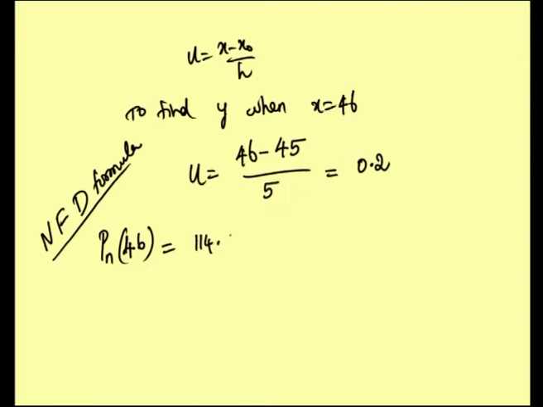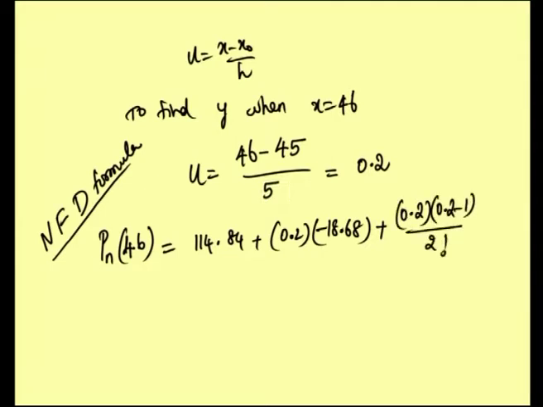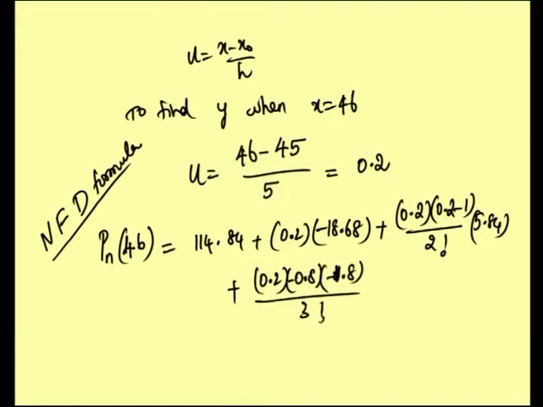Y naught is 114.84 plus 0.2 into minus 18.68 plus 0.2 into 0.2 minus 1 divided by 2 factorial into 5.84 plus 0.2 into 0.2 minus 1 is minus 0.8, minus 1.8 divided by 3 factorial into minus 1.84